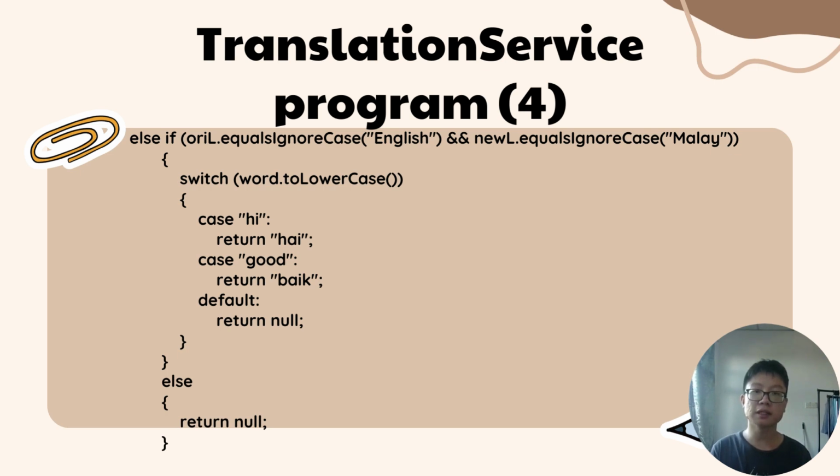So here are the examples of the problems or cases where this program can be used. One of the examples is travel and tourism. The TranslationService web service can be used in travel and tourism applications to facilitate communication between tourists and locals. Tourists can use the application to request translation of common phrases or questions, enabling them to interact more effectively with